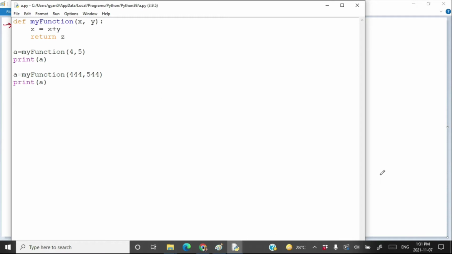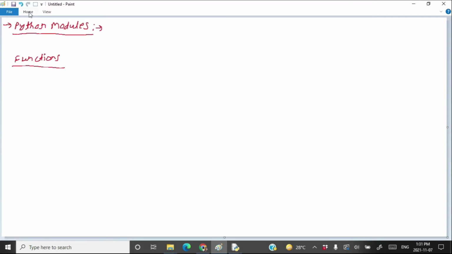Now coming to the concept of modules. What is a module? Module is a Python file in which you are going to have various variables and various functions in it.